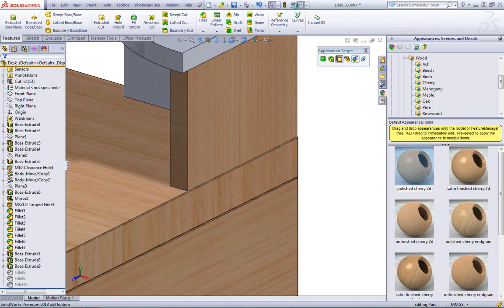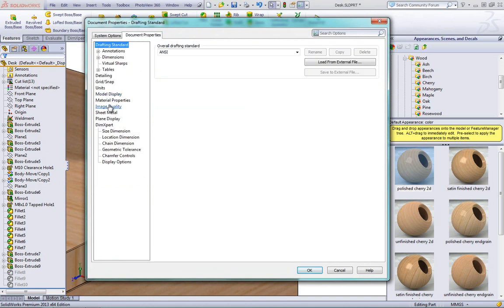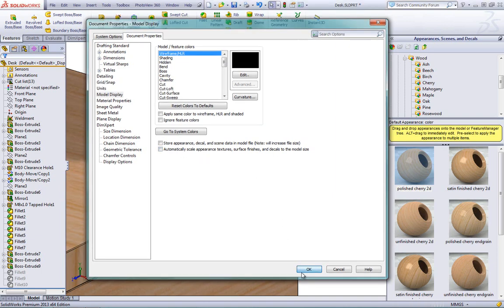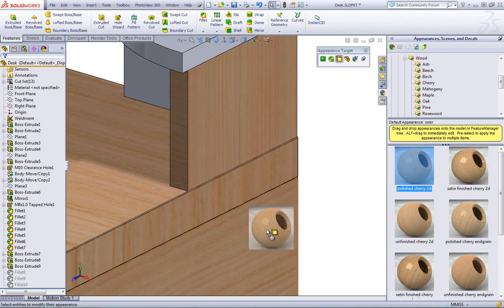So in Tools, Options, under Document Properties, under Model Display, we now have the checkbox "Automatically scale appearance textures to model size." Now we have the ability to uncheck this. By default, in earlier versions of SolidWorks, this checkbox wasn't there. It just automatically did this behavior. So now if I uncheck it and drag and drop this again,